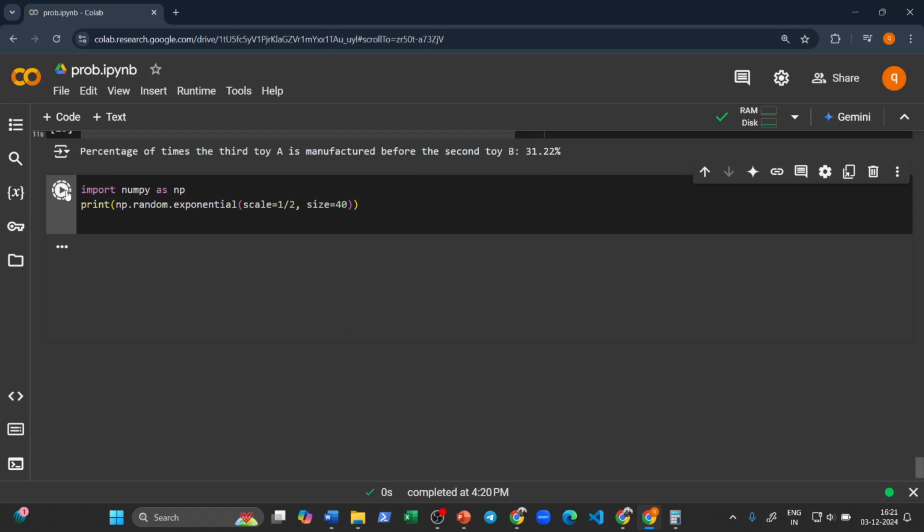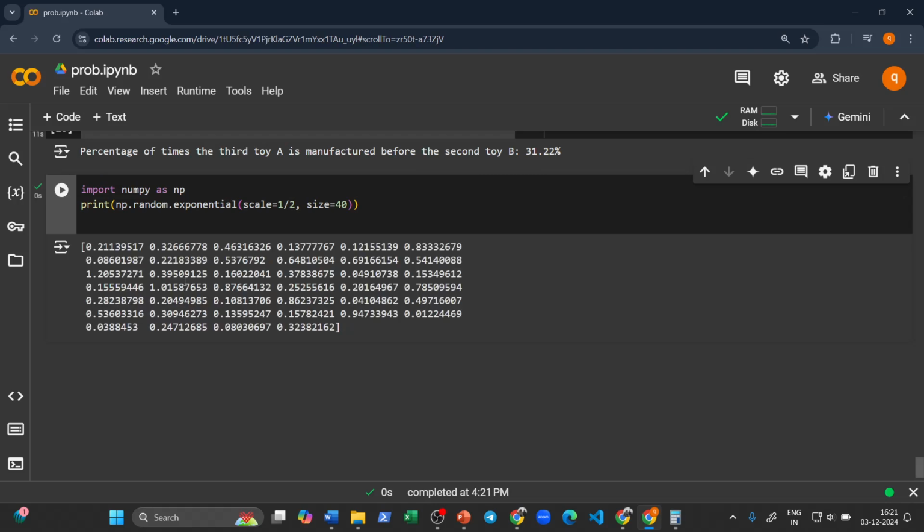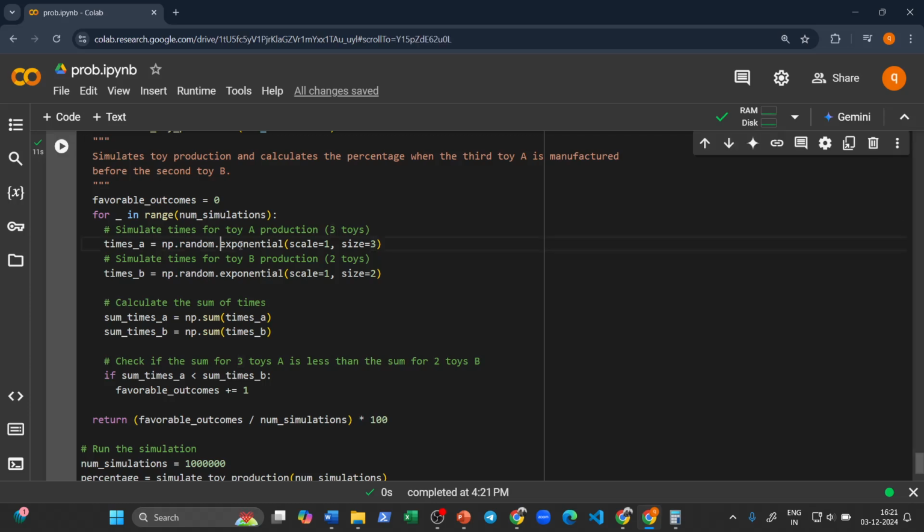And so what does that mean? The average of these numbers will be half, right? Because we are producing 2 toys per unit time, so half. So we produce